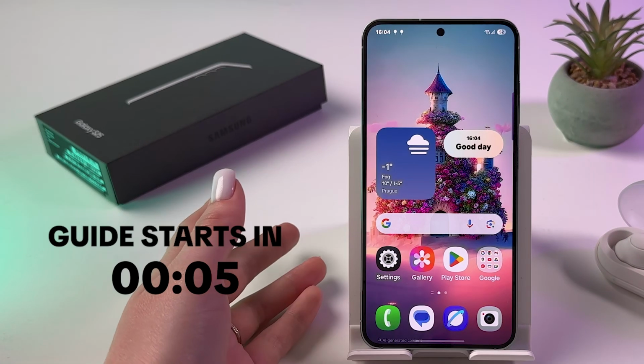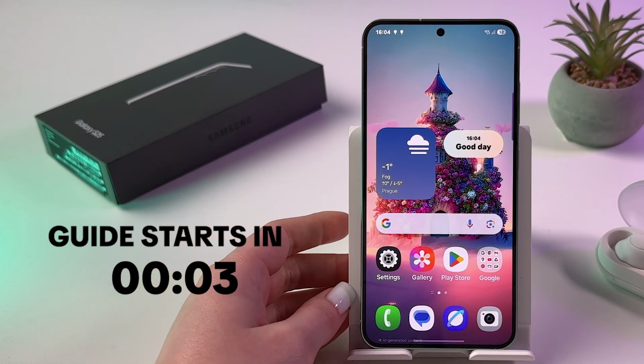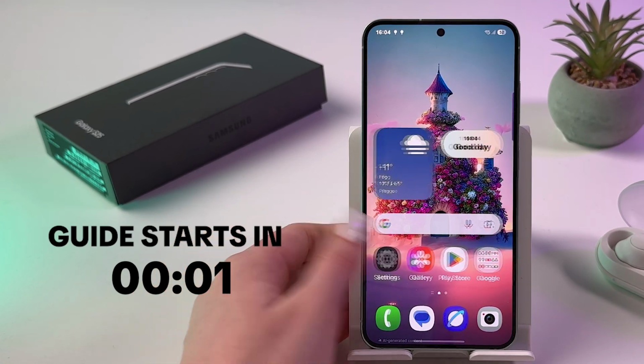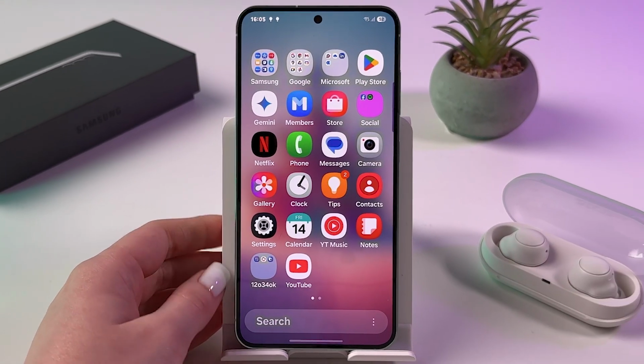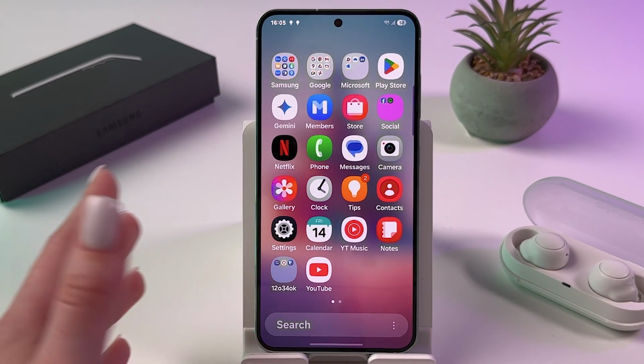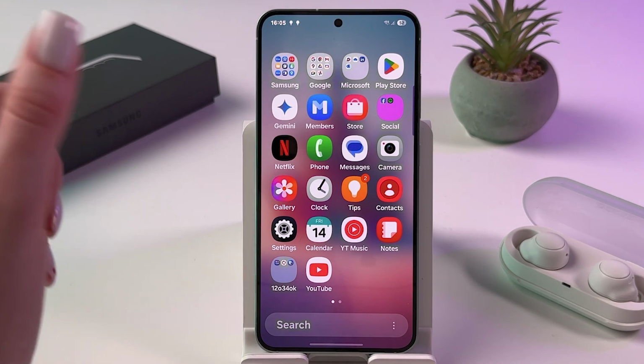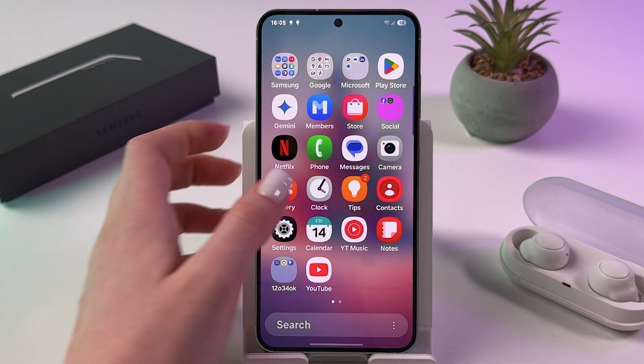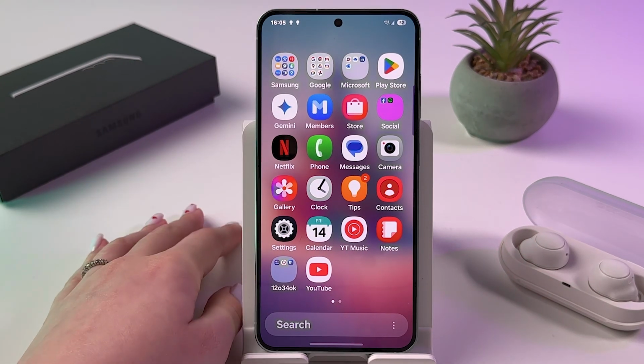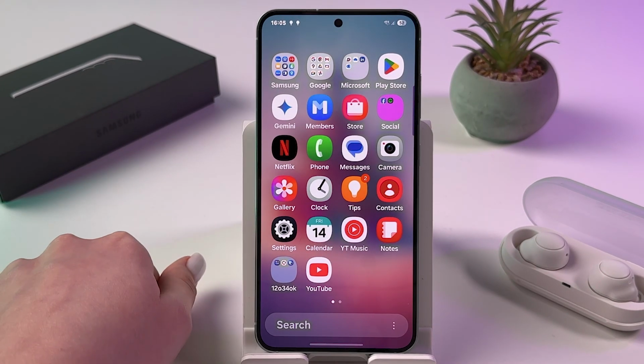Hi, let me show you how to get back button on Samsung Galaxy S25. So if you accidentally or maybe not accidentally set up gesture navigation, so you'll see this line on the bottom of the display, and now it is uncomfortable to use your phone, then let me show you how to get